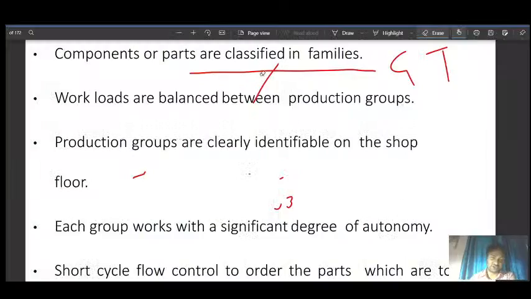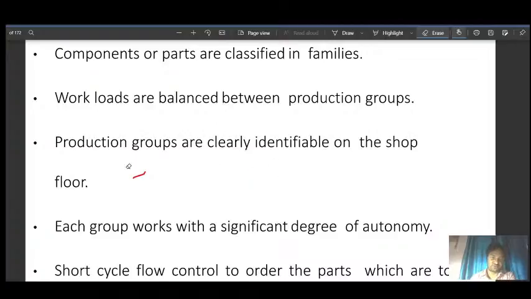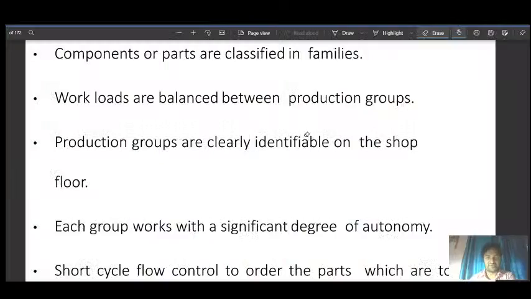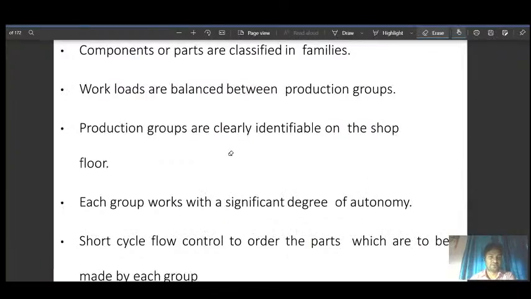To fulfill those orders, we need to produce them. Machines are limited, so if you go one by one, obviously you will miss some orders. So what you can do is group the parts and then go for batch production. So it helps in meeting the customer orders.